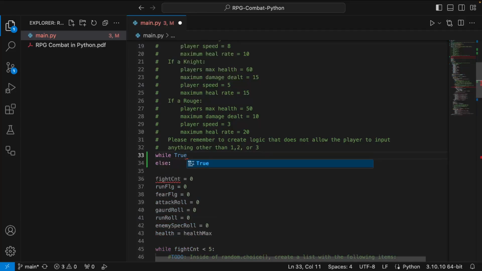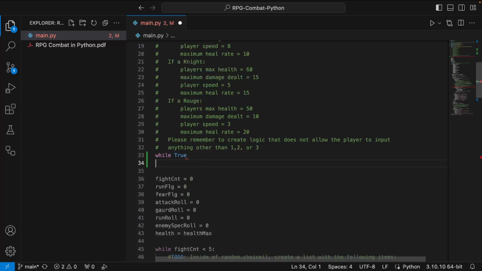So true and false, what data types are those? Are those strings? Booleans, right? The data type is a Boolean, true or false. Internally, the computer sees that as a 1 or a 0. So true is actually equated to a 1, and false is equated to a 0. But you can do while true, and it's important that you capitalize the T here. So while True. And I'm going to get rid of this else.